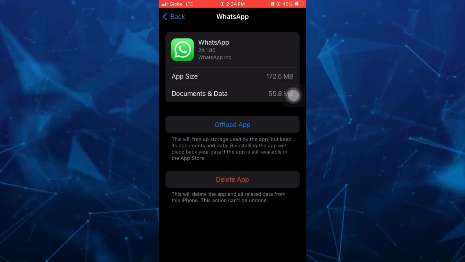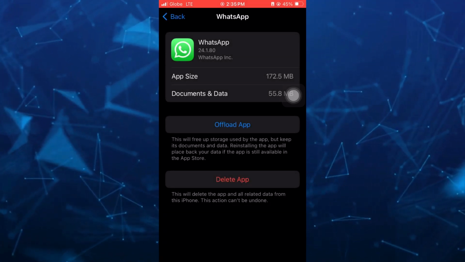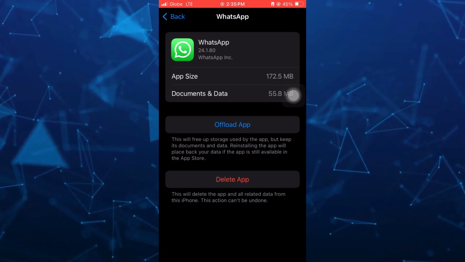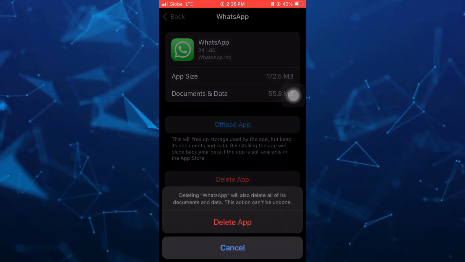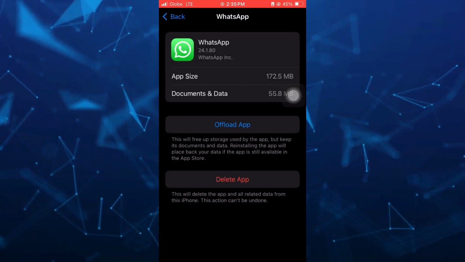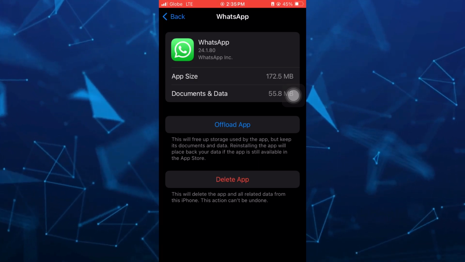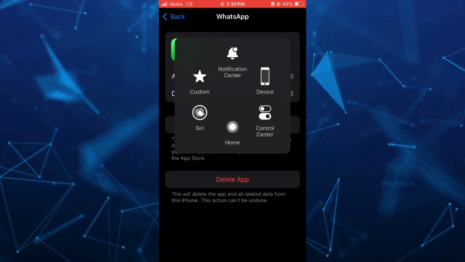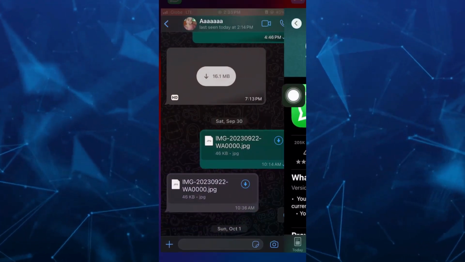So make sure that you tap on Offload App and don't tap on this Delete App, because if you tap on Delete App, it will delete all your documents and data. Once you offload, you just need to reinstall your WhatsApp and it should fix your issue on your video